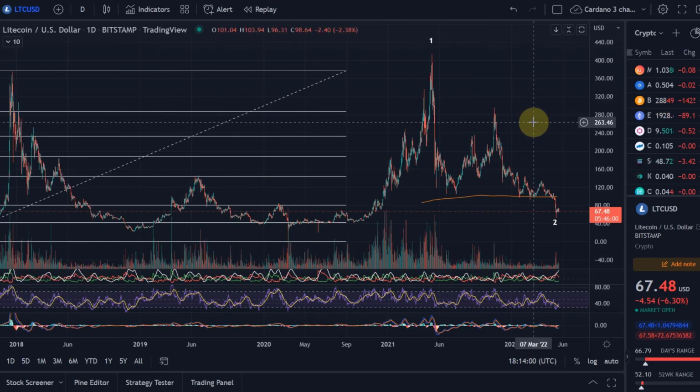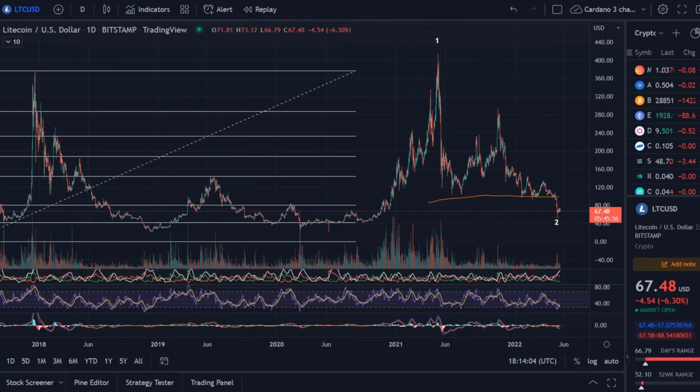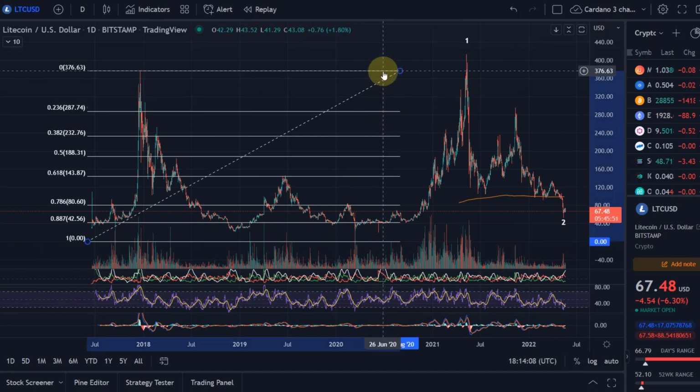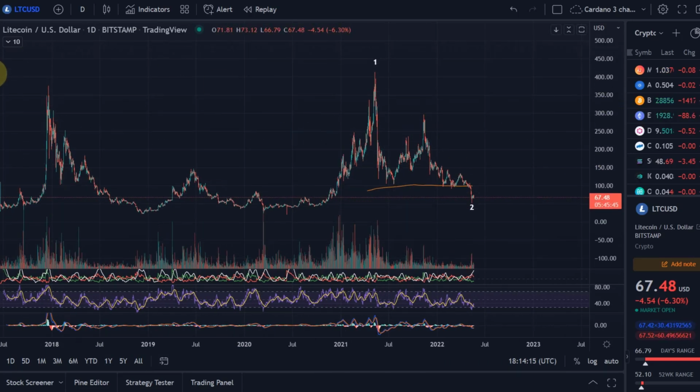So generally, what are we doing here at the moment? When can we consider this correction as finished, or will it ever finish? Will Litecoin die? Now, first of all, I'm not a huge friend of Litecoin fundamentally, but this is a technical analysis, so I can't really, and I don't want to comment on the fundamentals here of Litecoin.